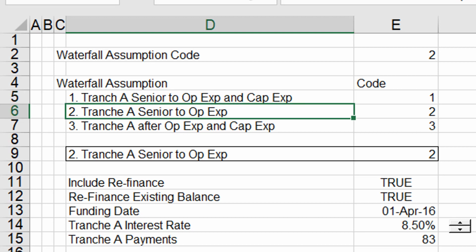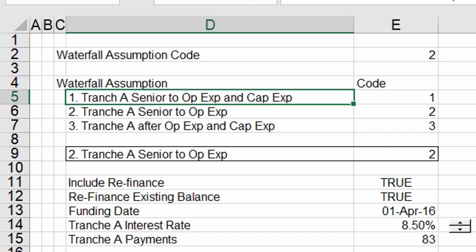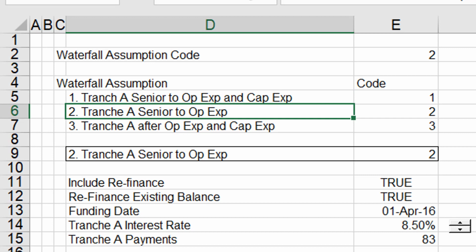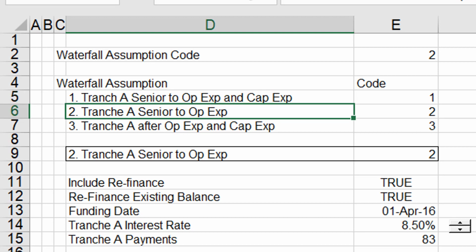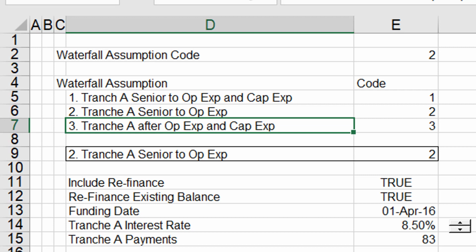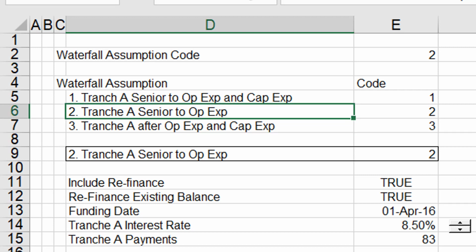It might be that tranche A is senior to all capex and opex. It might be more realistic to say, well, it's senior to opex, but you got to pay the capex. You can defer the capex. In other words, this one you can default on the capex and the opex. This one you can't default on the opex, but you can default on the capex. And I should change those names, I think, and I think I will.